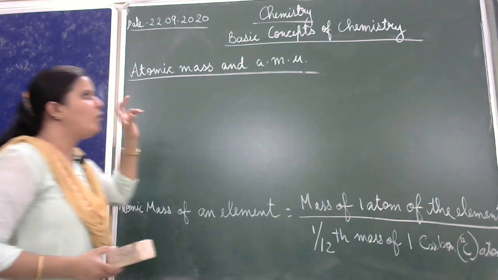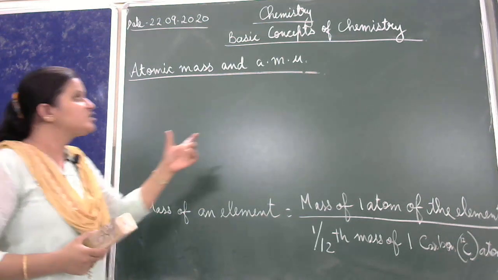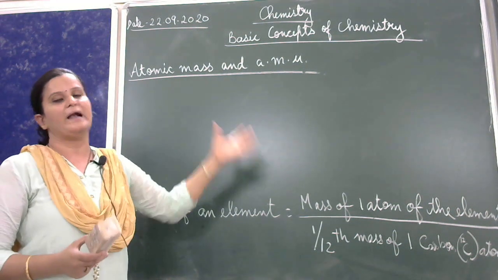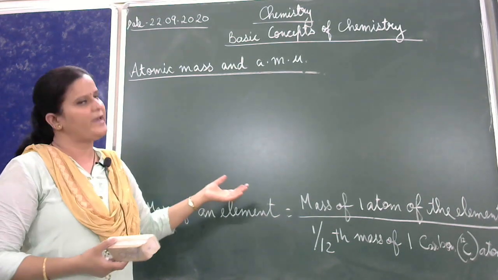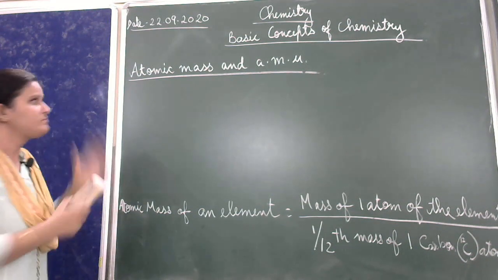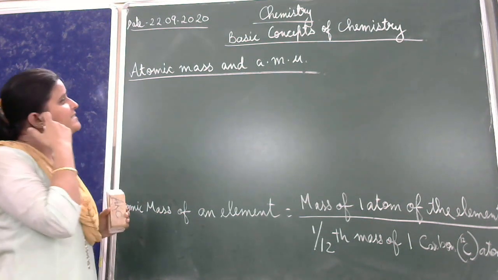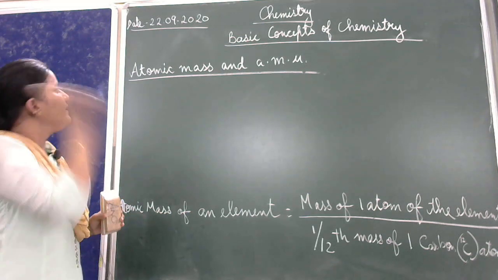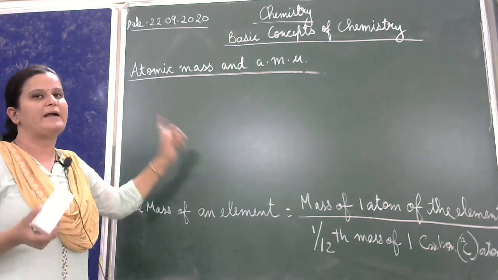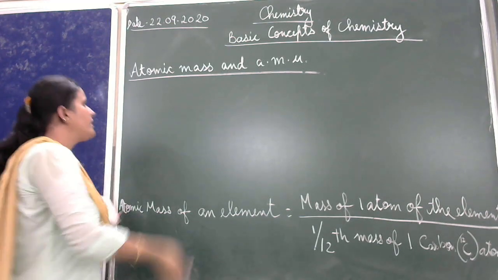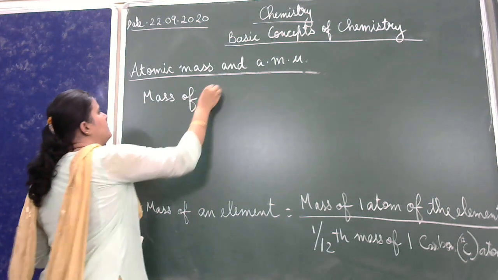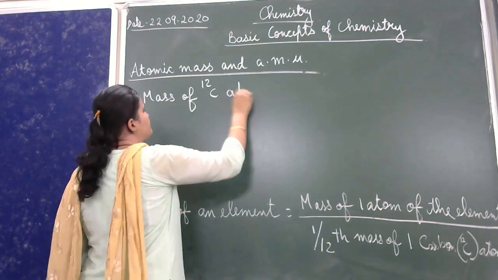So remember, AMU is a unit given to measure the mass of an atom of an element. How do we define this AMU? Who was taken as the standard? The carbon 12 atom was taken as the standard. So what did they do? They took the mass of the carbon 12 atom